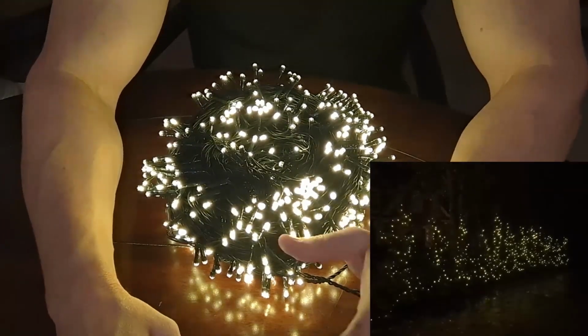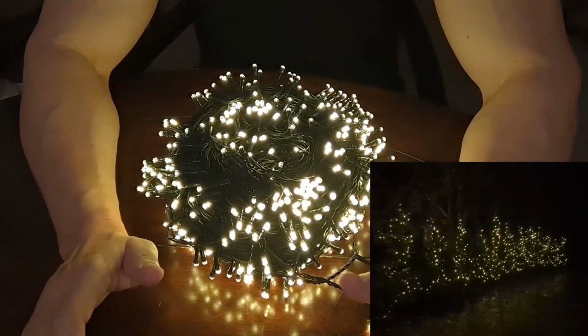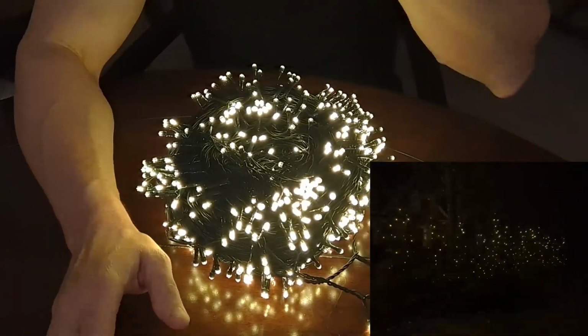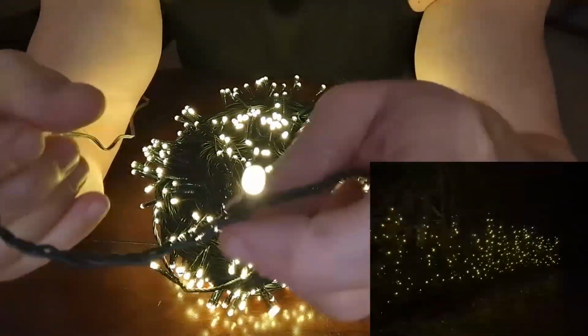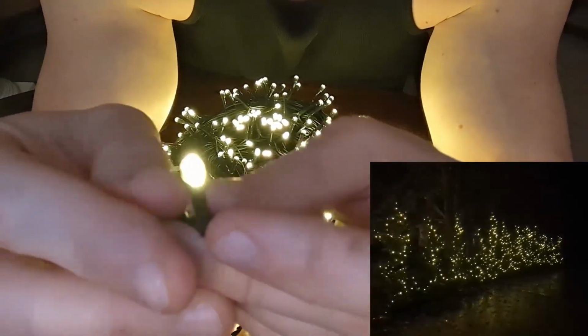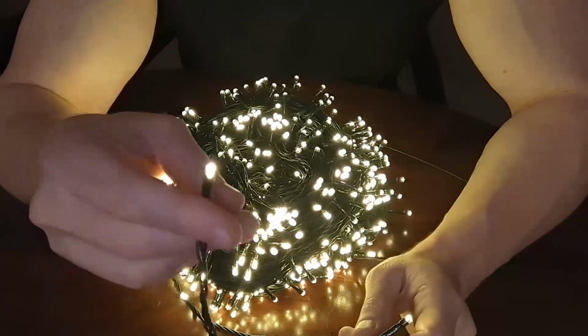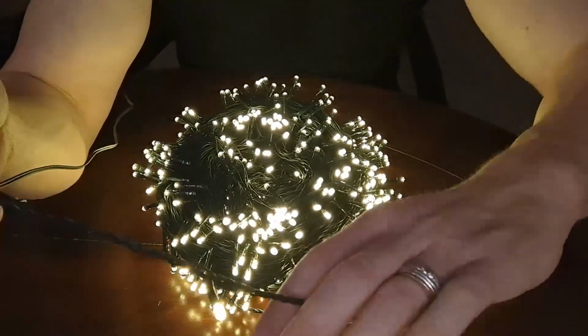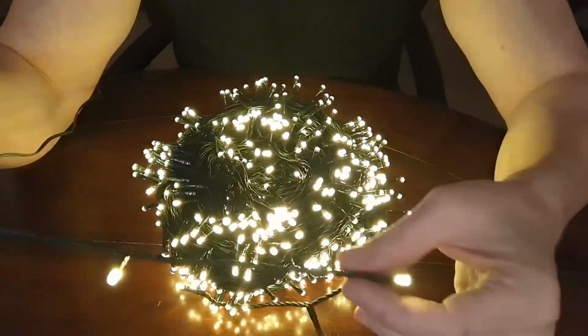And as you've seen here from the video, this is how this looks at night, and you're getting a long strand of lights. And close up of the wire here, it is green. So if you're looking for something very compact, you can see this fits between my fingers there. That is what the LED looks like. And if you're looking for something that extends 330 feet with light bulbs about my hand's thickness, so about 6 inches or so apart,